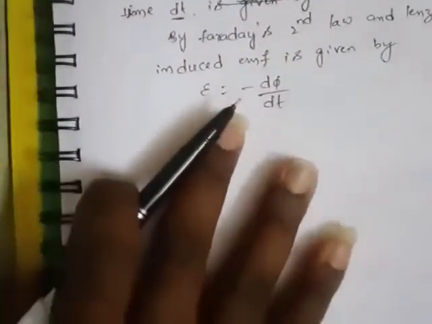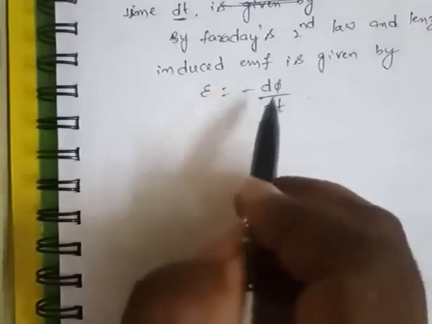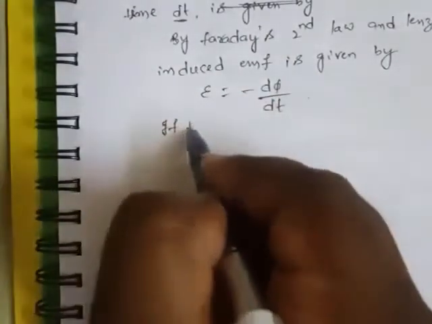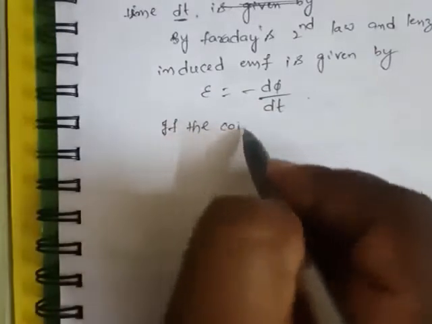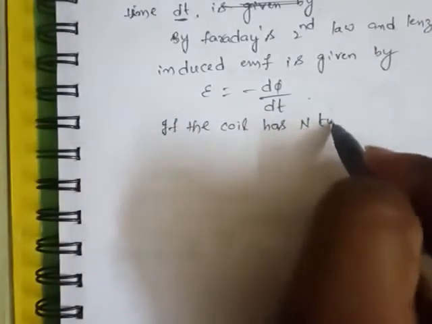This is used if a coil contains a single turn. If the coil has n turns, then